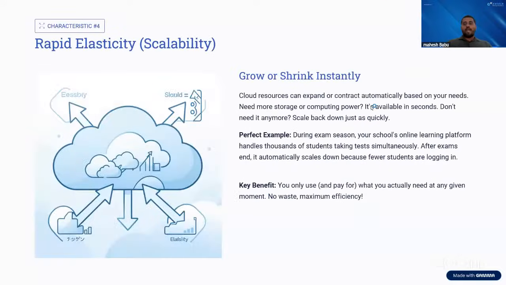Okay. So, rapid elasticity. We already discussed these things in yesterday's class as well. So, that is scalability: grow or shrink instantly. During exam season, your school online learning platform handles thousands of students taking tests. I have my own learning platform. So people will take